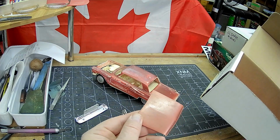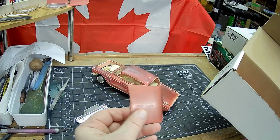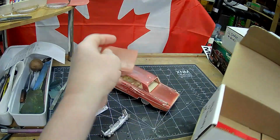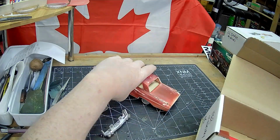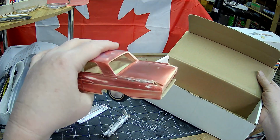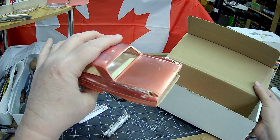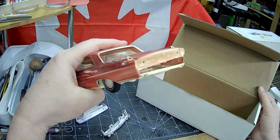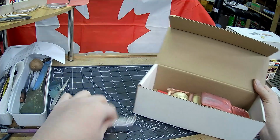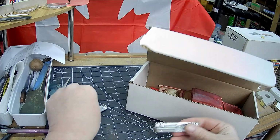I assume there was a hood ornament on this somewhere, but it looks like it's been a little burnt by lacquers or something, but not a big deal. It's more the taillights that I'm worried about, and you can see that it's kind of beat up, kind of chewed on, but I think that can be fixed. It's just a matter of the taillight bezels and the taillights. Now, I don't know if I'm going to find them, and again,